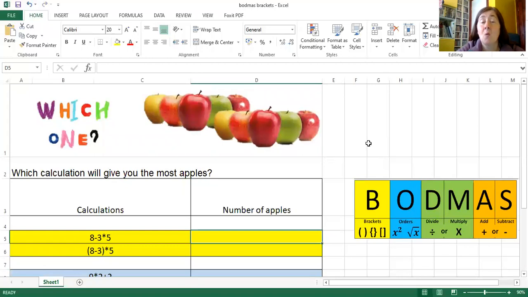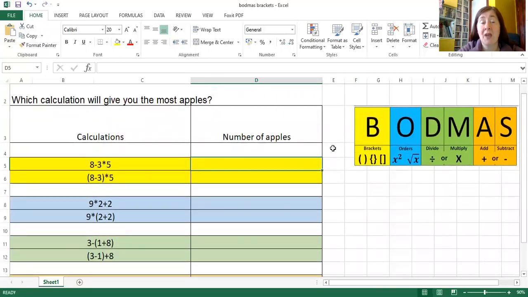Now, what we're using at the moment is just basically a maths Microsoft Excel spreadsheet, but it's really put together so that you can see how the bracket works. Now I'm going to scroll on down because I don't want the header, I just want to be able to see the calculation. So in our first destination cell, which is D5,